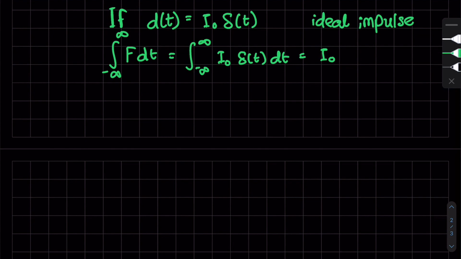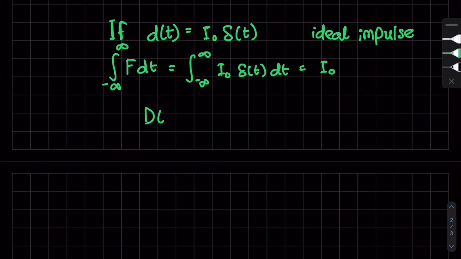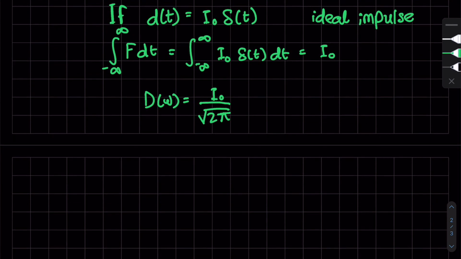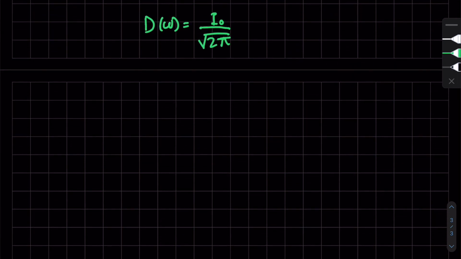Okay, so if that happens, we can find d of omega, the Fourier transform of d of t. It's simple. It's I naught divided by square root of 2 pi. If you don't believe me, if you're skeptical, please try it yourself. Use the definition, it's simple, and the property of the Dirac delta, obviously. And now